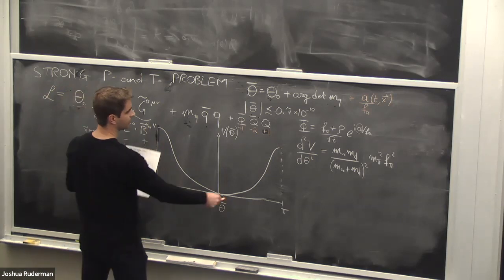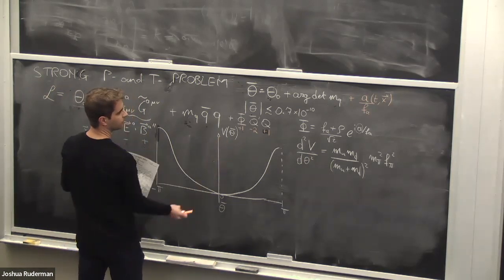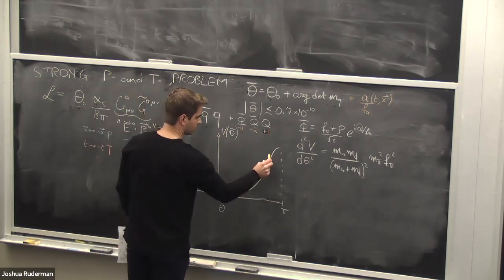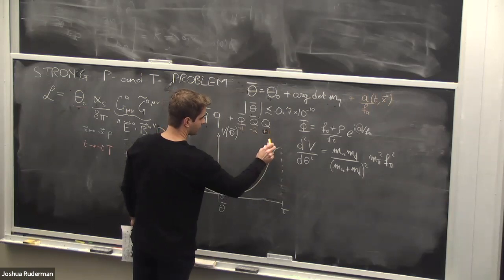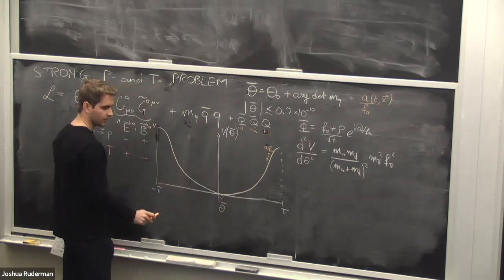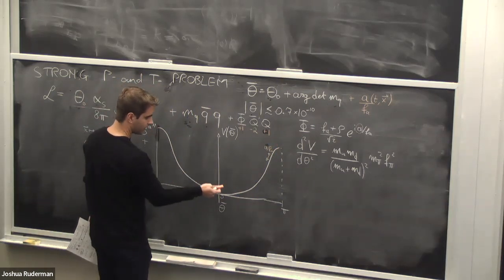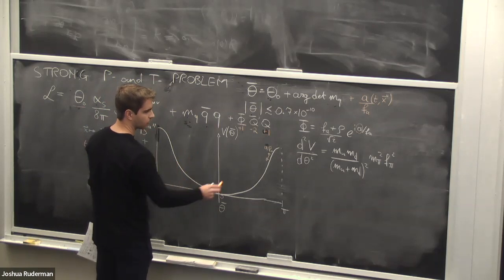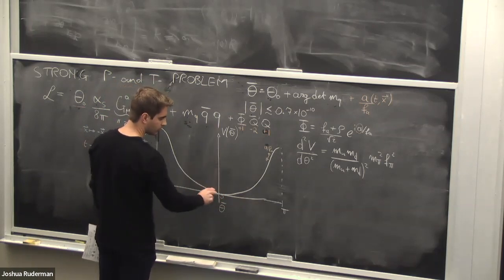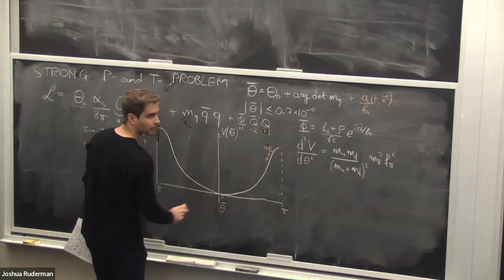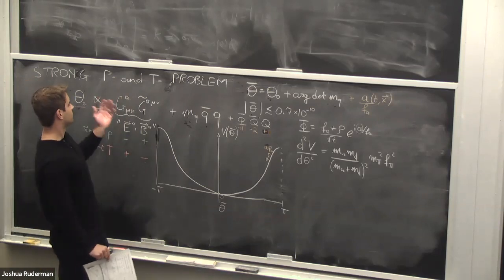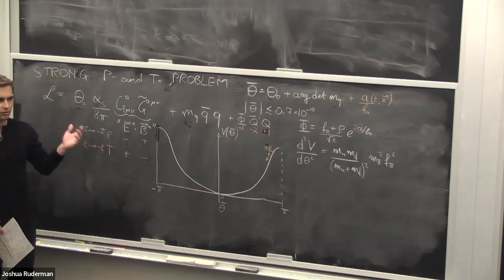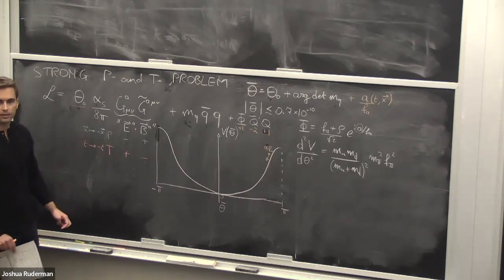So here I've plotted the potential for this theta bar parameter. And because it's now dynamical, this axion field here, so this a over F_a, can roll down to the bottom of the potential. And so this is kind of like a dynamical explanation for why theta is so small. So dynamically, this field would roll to the bottom, damp out, and settle here at the origin. So this is the QCD axion explanation for the strong CP problem, where it's the absence of parity and time reversal violation